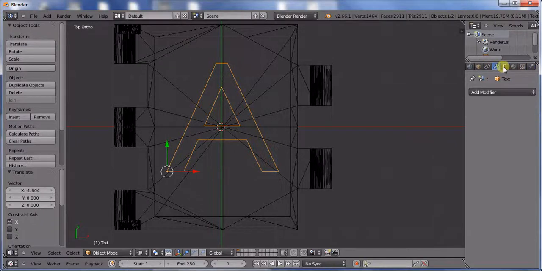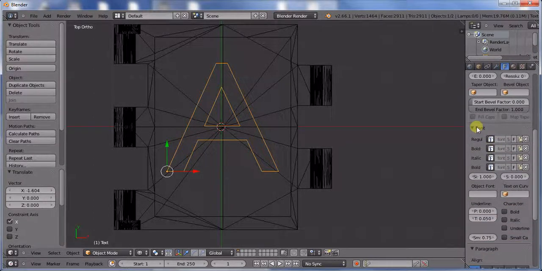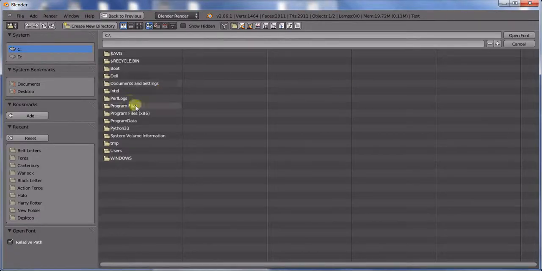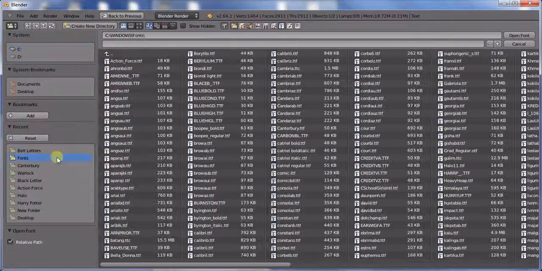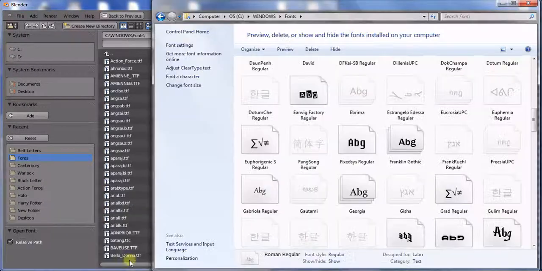So with that text selected, over here on our tool shelf, we're going to find the fonts tab. Scroll down to the font selection, and over here is the regular. So using the regular, let's go ahead and click on that folder and find your fonts. On Windows, it's under C drive, Windows fonts. I have plenty installed already. Let's go ahead and show you how to